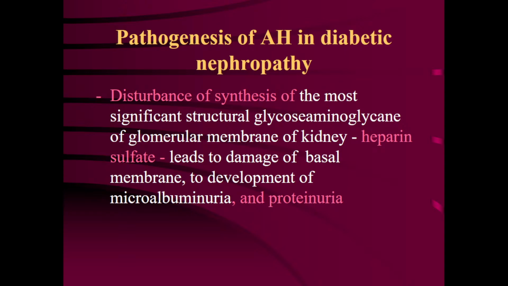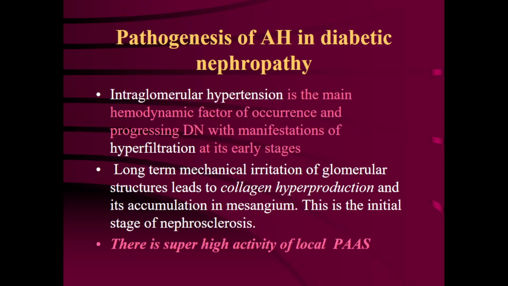So, disturbance of synthesis of glycosaminoglycan of the glomerular membrane of the kidney, heparin sulfate. Please remember, you can use this information in your answer in your exam. And the pathogenesis of arterial hypertension and diabetic nephropathy is also associated with the occurrence of intraglomerular hypertension, because this factor